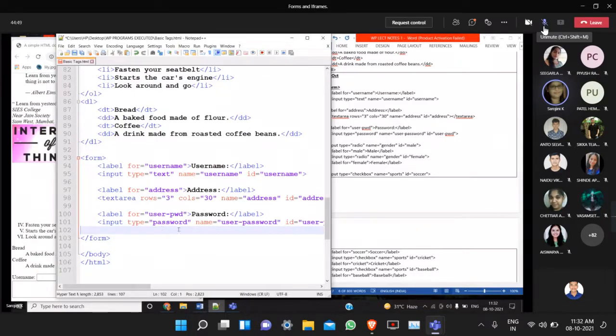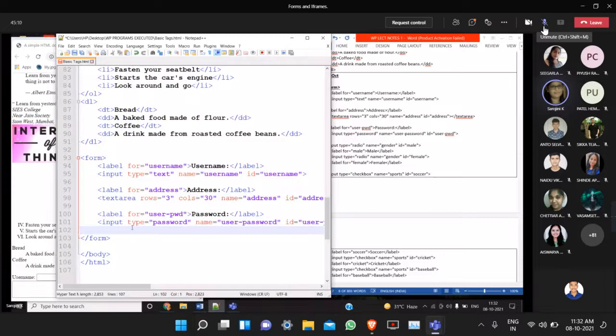When you create a text box, see here, input type, you have written text inside the type. So text is the value of the type attribute to create a text box. Password should be the value of the type attribute when you create a password box.